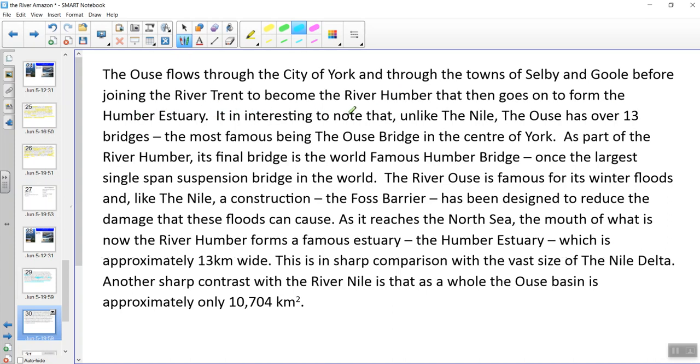It is interesting to note that, unlike the Nile, there's my phrase, unlike the Nile, although to be honest, that's a lovely phrase to have at the beginning of a sentence, isn't it? Unlike the Nile, the Ouse has over 13 bridges, the most famous being the Ouse Bridge in the centre of York. As part of the River Humber, its final bridge is the world-famous Humber Bridge, once the largest single-span suspension